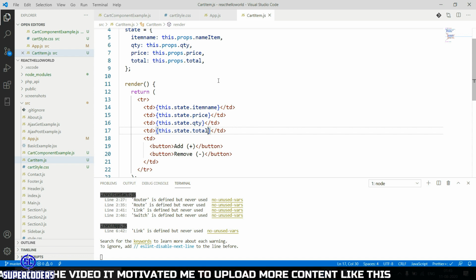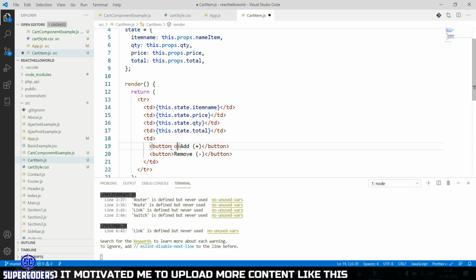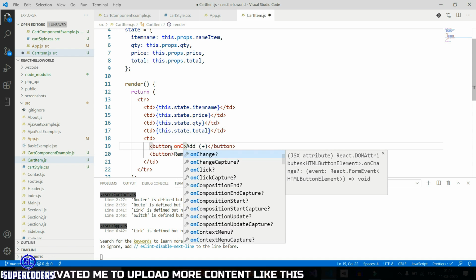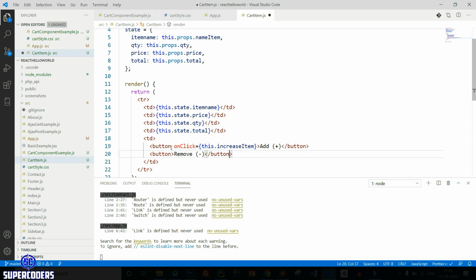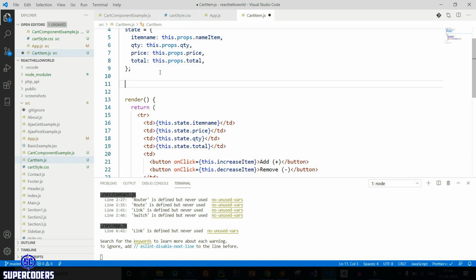then adding event on click equal to this dot increase item and here decrease item. Now let's create these two methods. So copy it, creating arrow function,